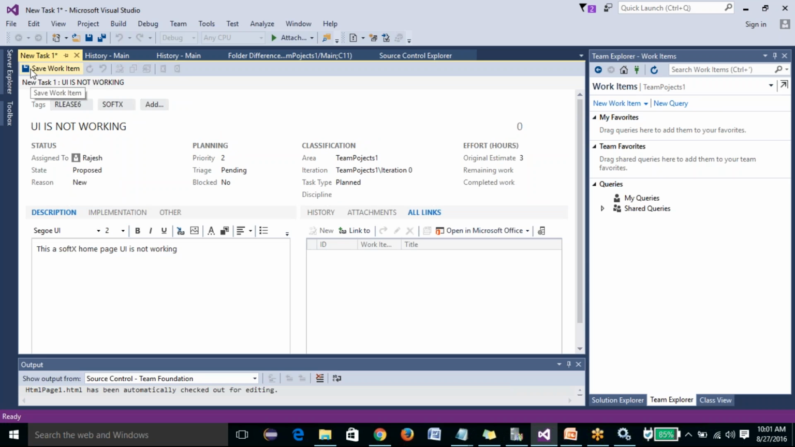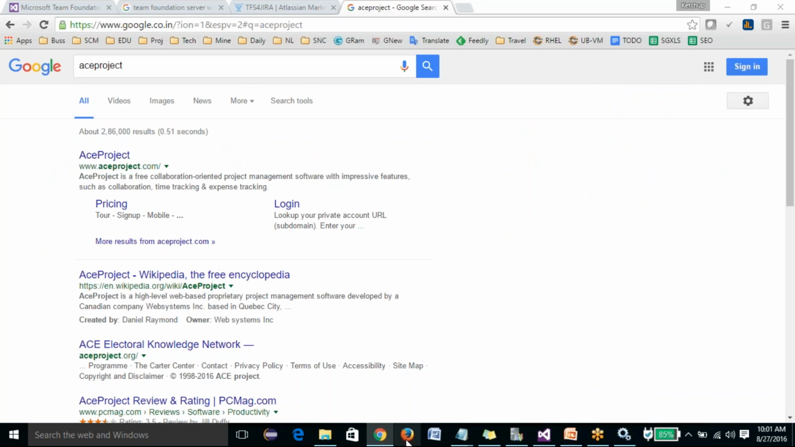Now you created a task, now I'm going to save it. So same work item, I just did it. Now you got created: UI is not working, task number 1, everything is okay. Now, this is the task. Now how am I going to view the task? So for that, what you have to do,